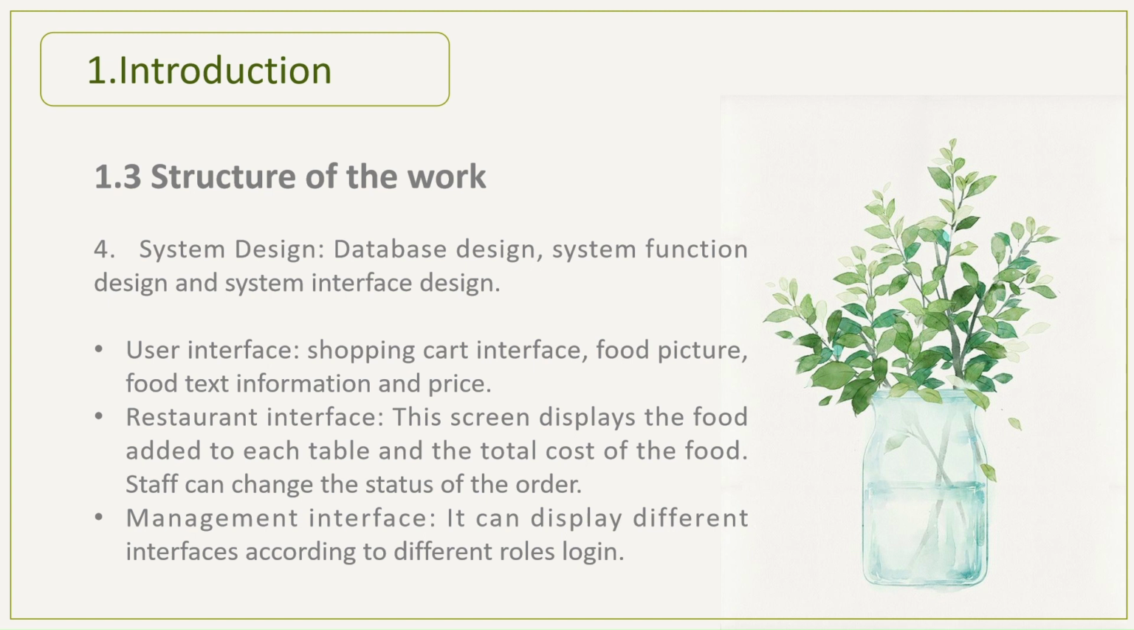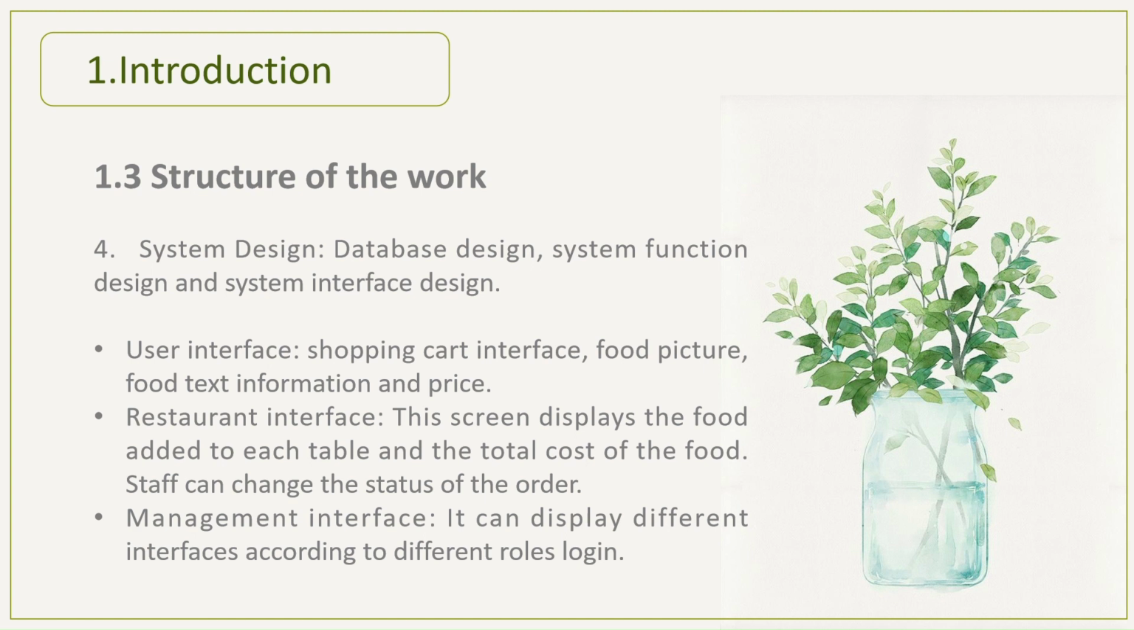First, for the user interface, it means users jump to the ordering interface by scanning the QR code. The QR code is connected to the table number of the restaurant. In this interface, it contains the shopping cart interface, food picture, food text information, and their price. Functions of this